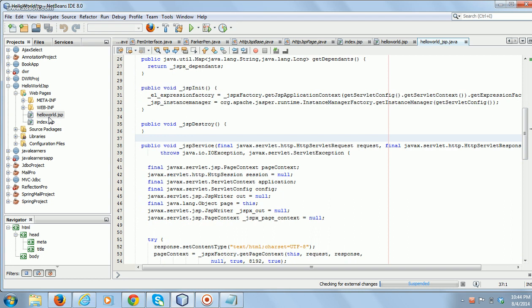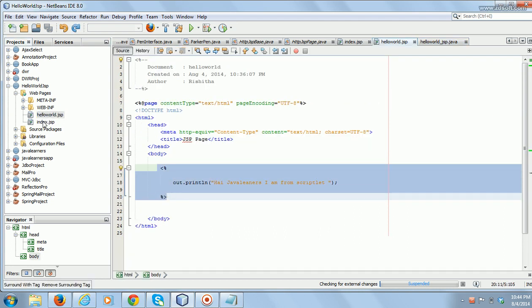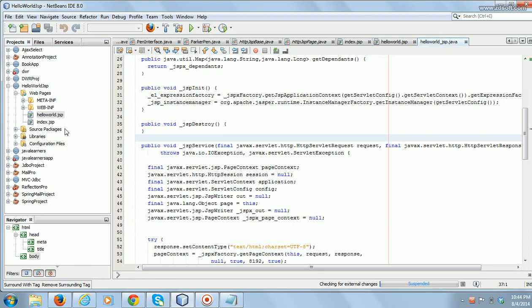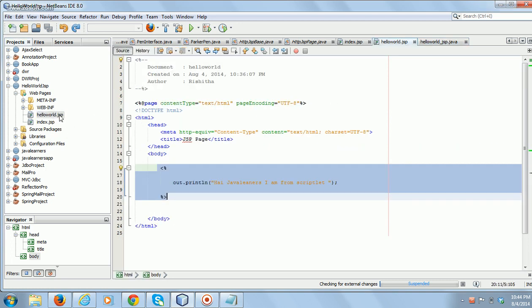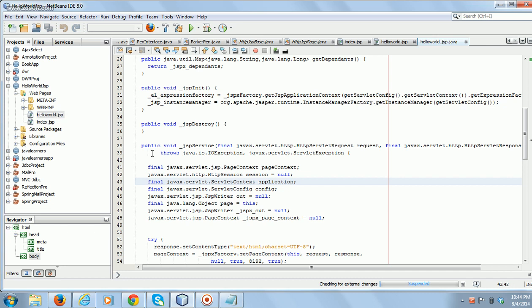Whatever you write into the scriptlet will go into the underscore JSP service method. Remember, when you write something in scriptlet, all that content will be kept under a method called JSP service.